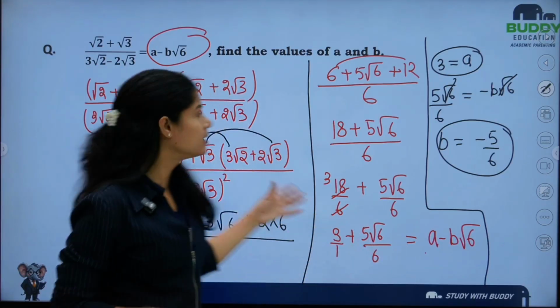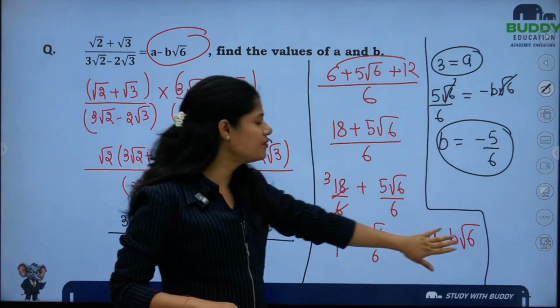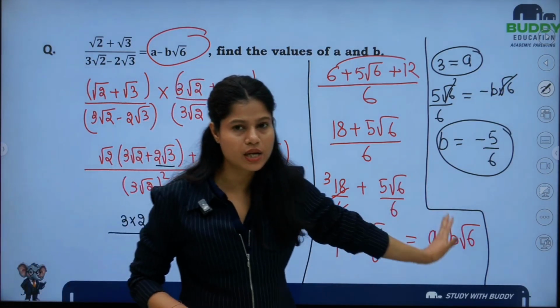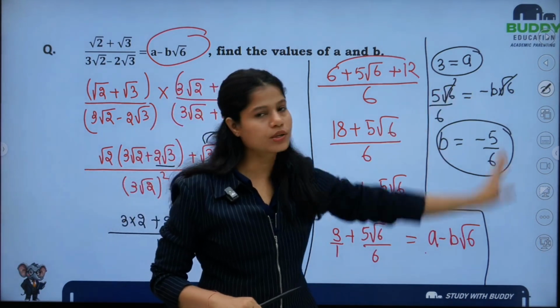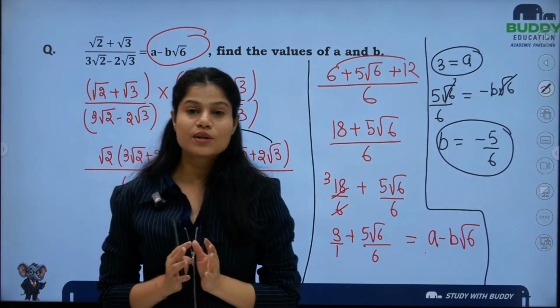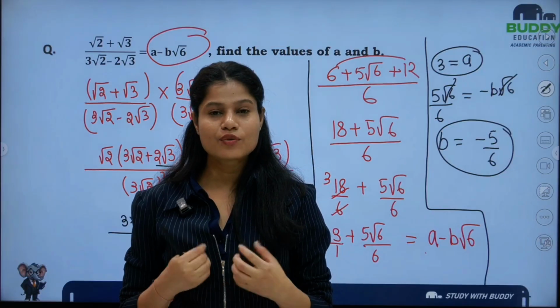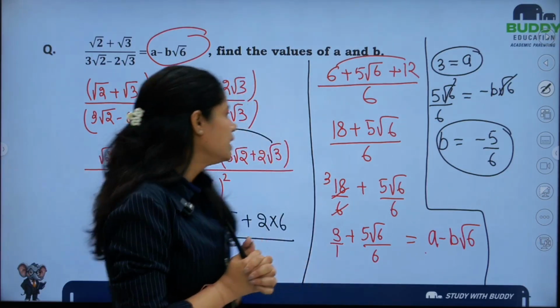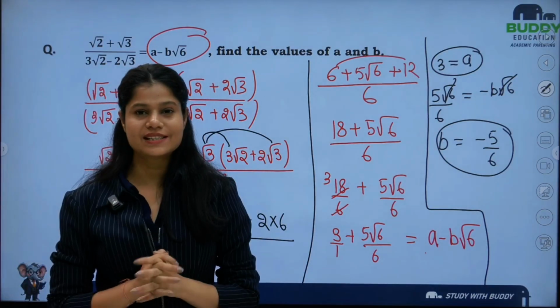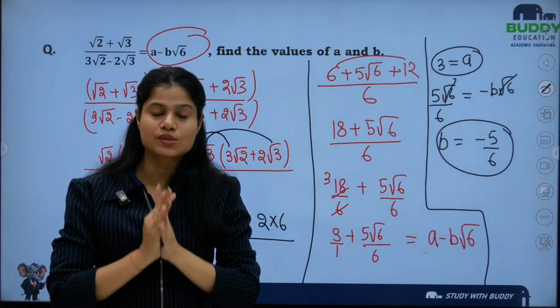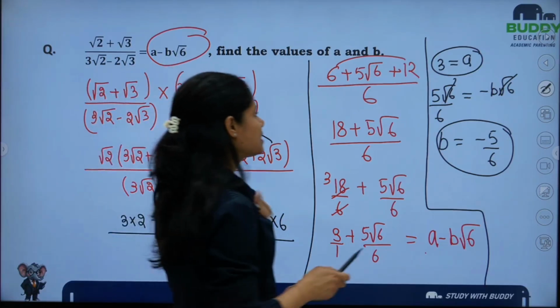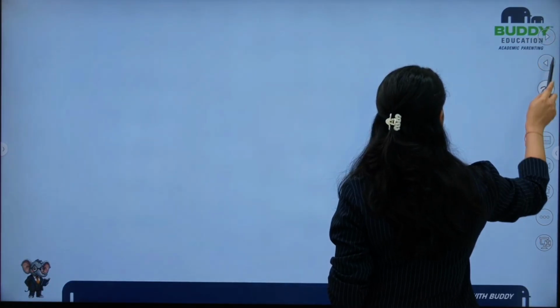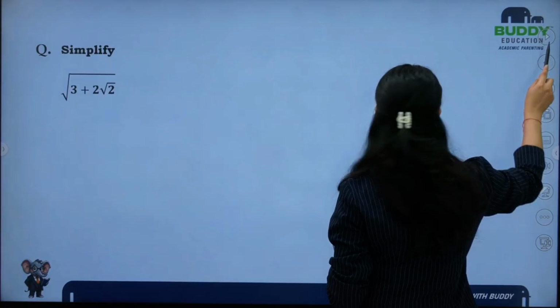Now this step is clearly equal to this part, and then we have compared the rational part to rational and the irrational part to irrational, and that's how you can solve any kind of question which is similar to this pattern, right? Okay, so I hope till this part everything is sorted, everything is clear. Now let's move to the next question, and the question is,